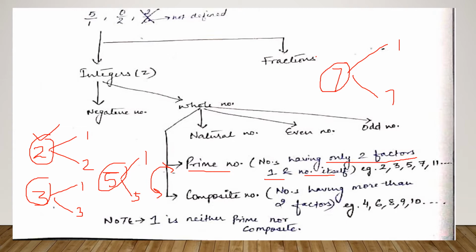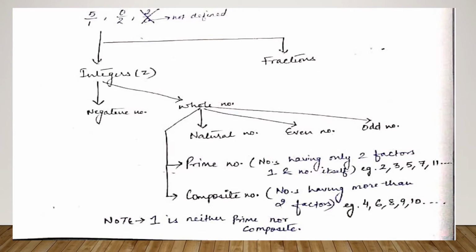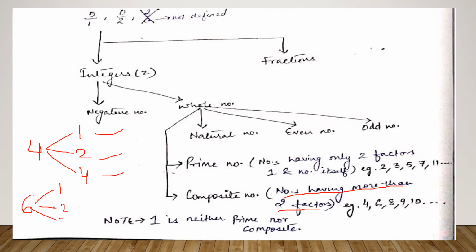Okay. Second thing is, what are composite numbers? Composite numbers, as written over here, are the numbers having more than two factors. So let's see, the first composite number is 4. Why is it a composite number? Let's see. The first factor of 4 is 1, second factor is 2, and third factor is 4 itself. So you can see here we have how many factors? 3 factors. Similarly, if you have 6, it can be divided by 1, 2, 3 and 6. So we have 4 factors for 6. Again, it is a composite number. So you can see the examples over here and understand the concept.